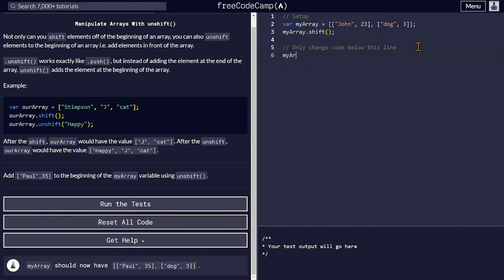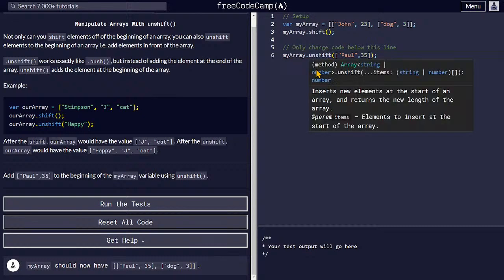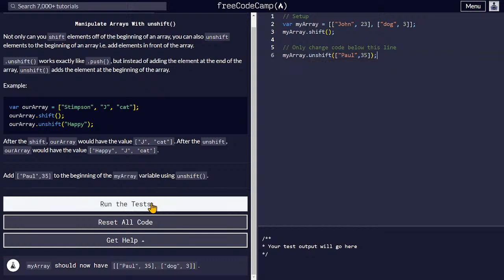So into the array we want to add at the first index, using the unshift function, and we are passing this parameter here. It inserts new elements at the start of the array and also returns the length of the array. So if you run the test,